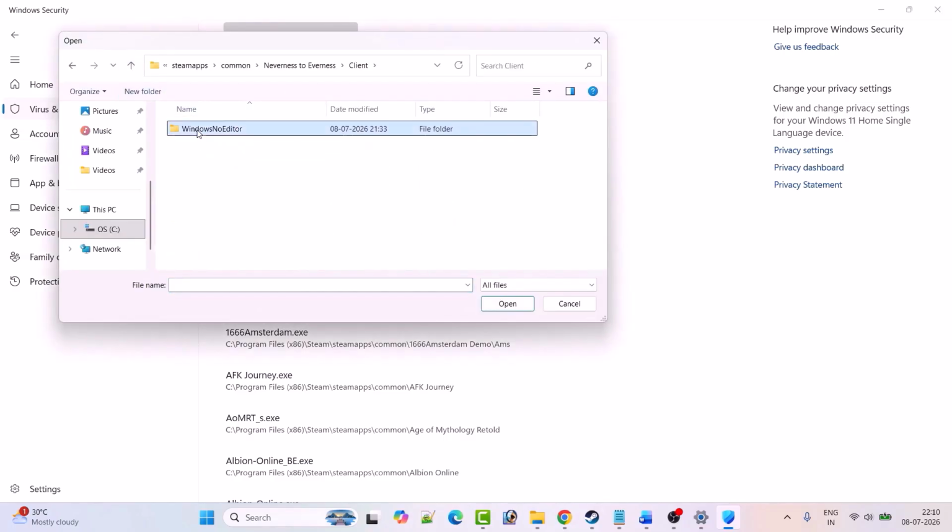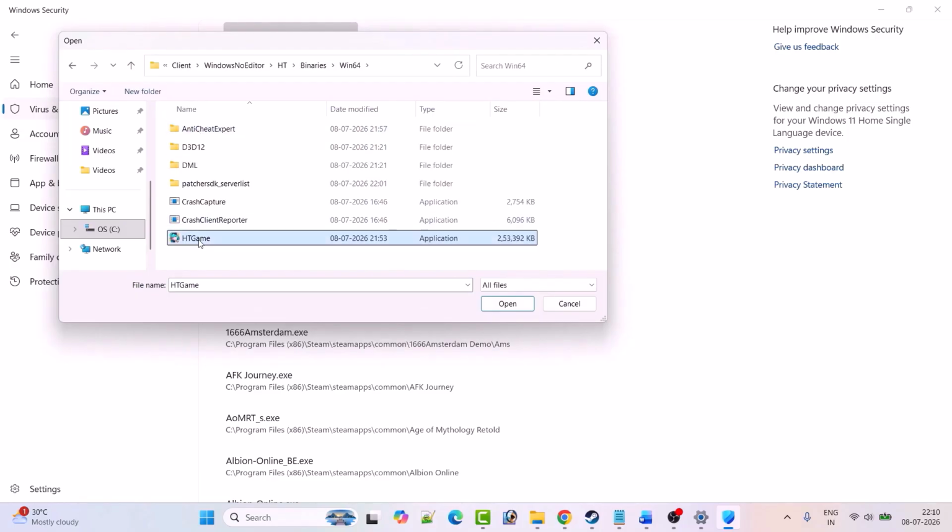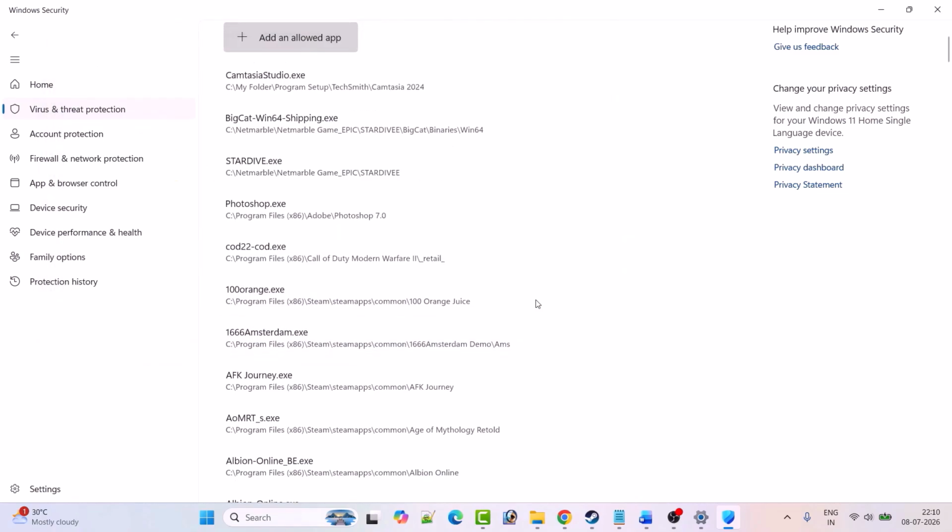open client folder, Windows No Editor folder, HT folder, binaries folder, Win64 folder, select this htgame.exe file and then click on open. Now go back,